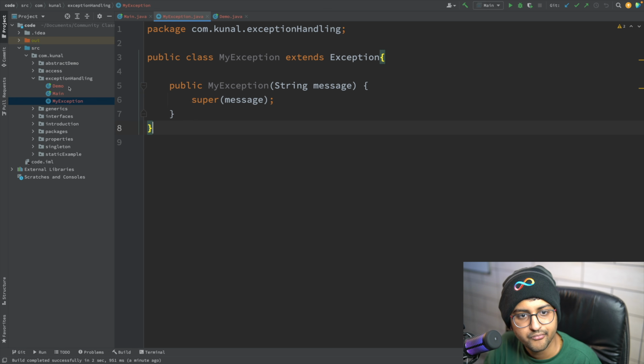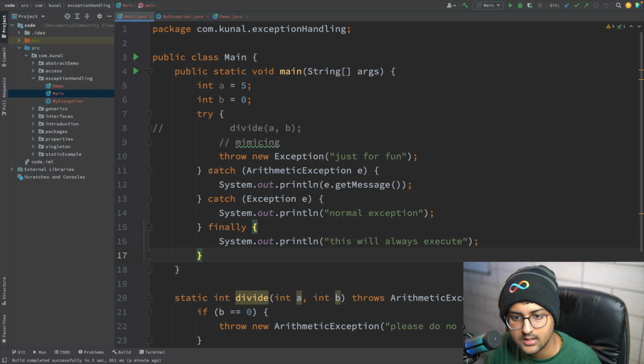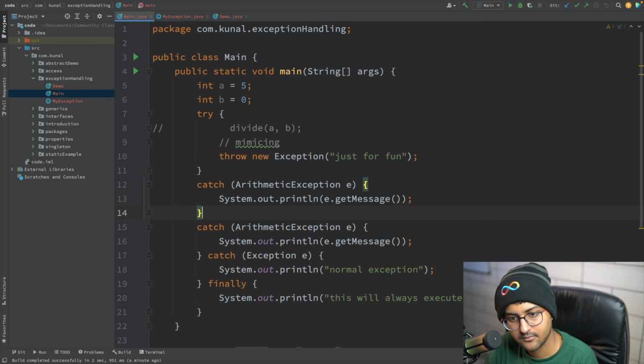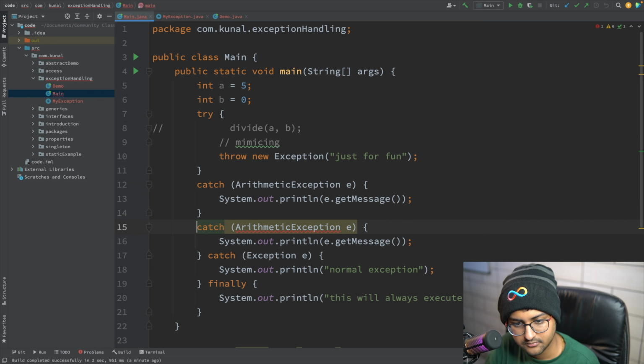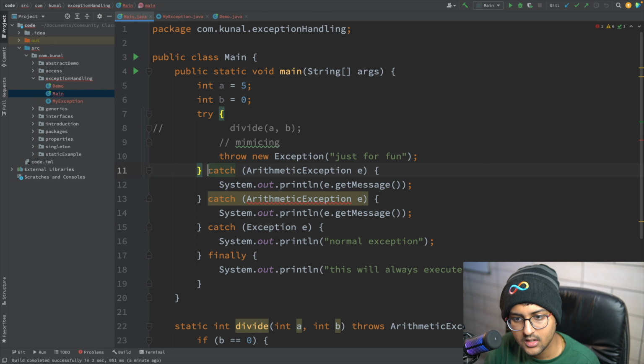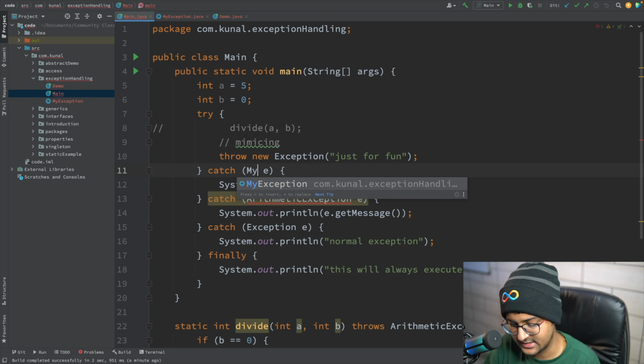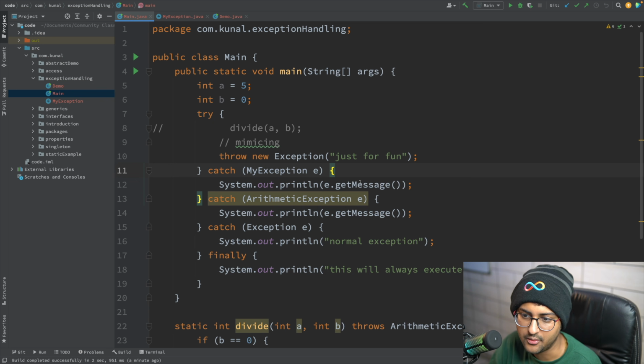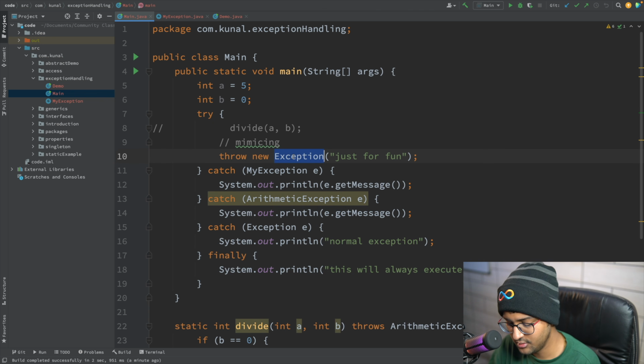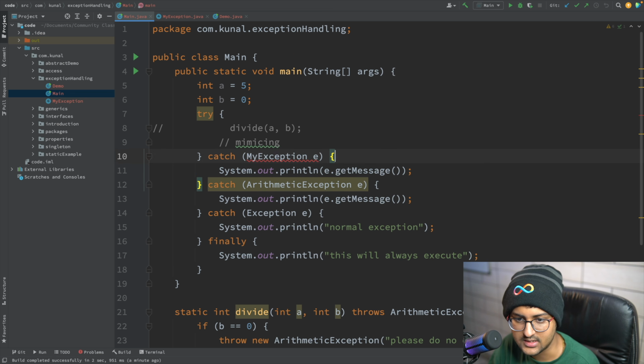Cool. Now we can do something like this. I can say catch my exception. You want to catch my exception now. Exception.getMessage. So it's going to be like throw new my. So basically what I'm going to say is that